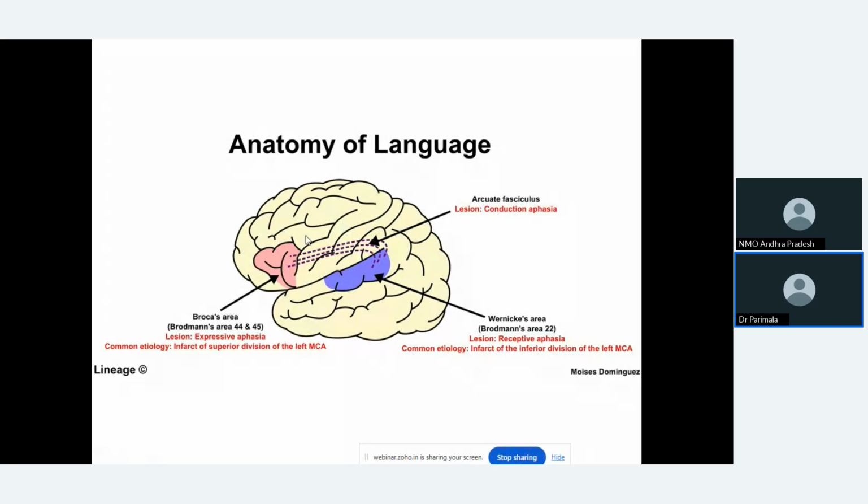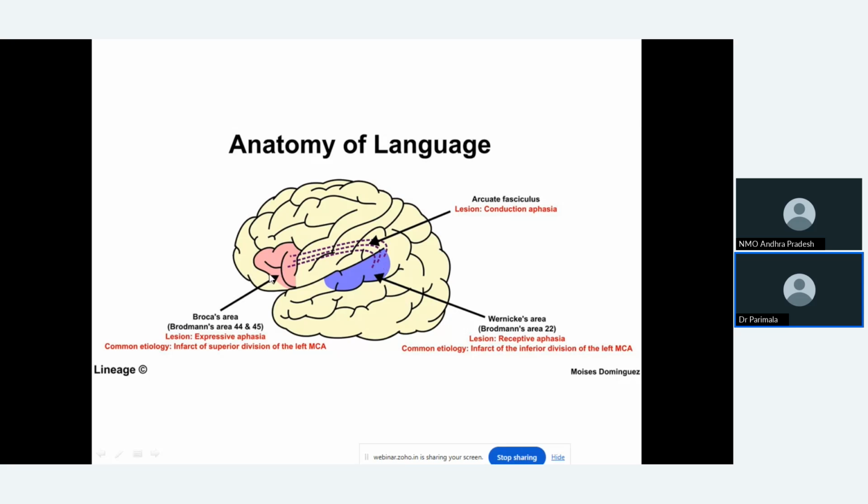For example, if this area is intact, and this area is problematic, the blood supply to this area is lost. Whatever we speak to them, they cannot understand. But with their visual, something we are speaking, they will understand. The main primary auditory area is intact, so they will be listening to some sound, but they cannot understand what we are speaking. So they will respond by talking, but it will not have any meaning. Meaningless fluent speech, sensory aphasia.